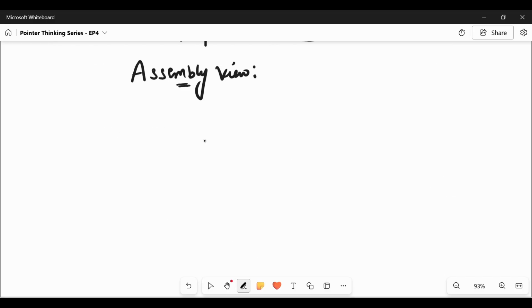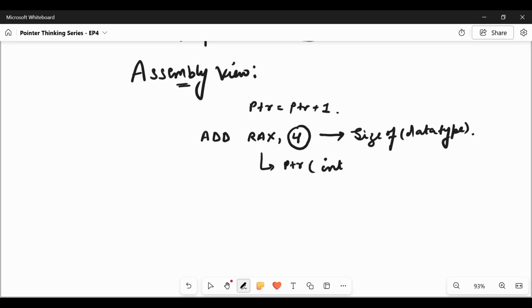In the assembly, when we are doing ptr is equal to ptr plus 1, it is simply add to the register where our address is loaded, plus 4. Why 4 and not 1? Because our pointer moves by the size of the data type, which is an integer pointer.